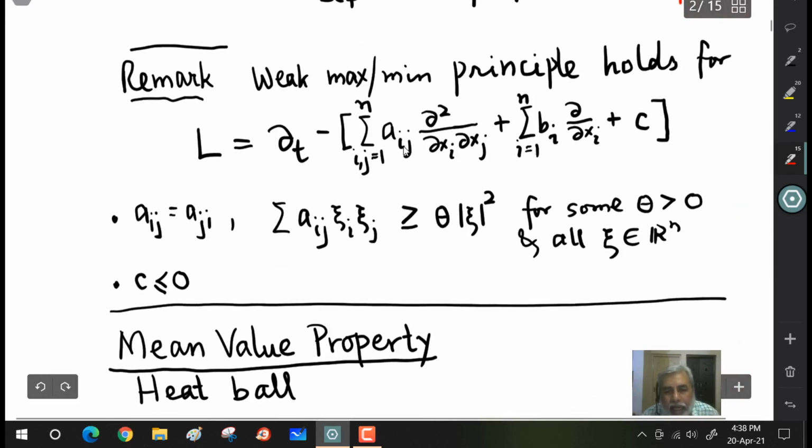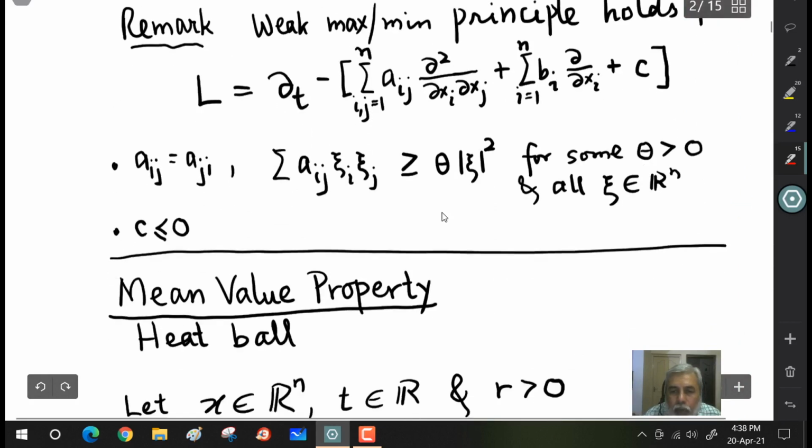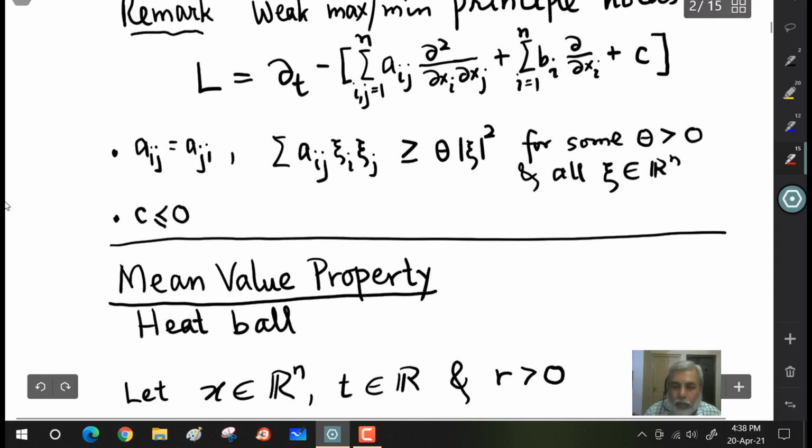Okay, so aij, bi and c are smooth functions defined in some domain in Rn